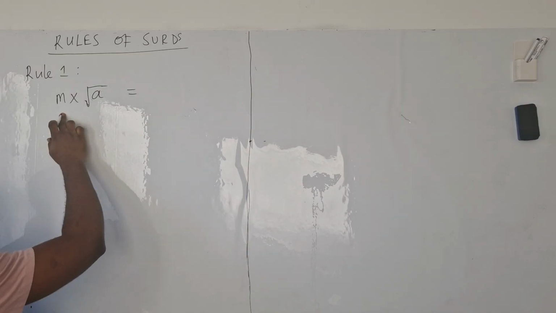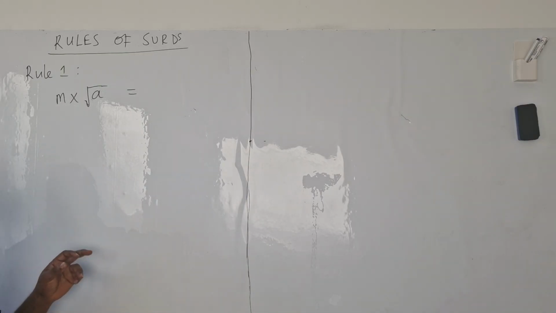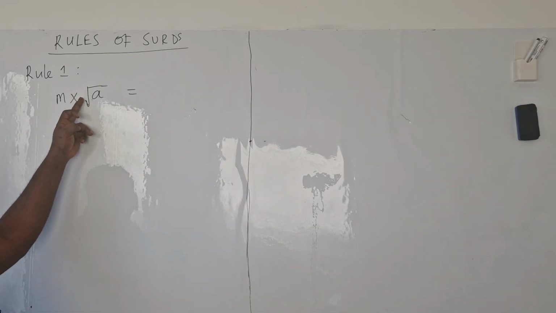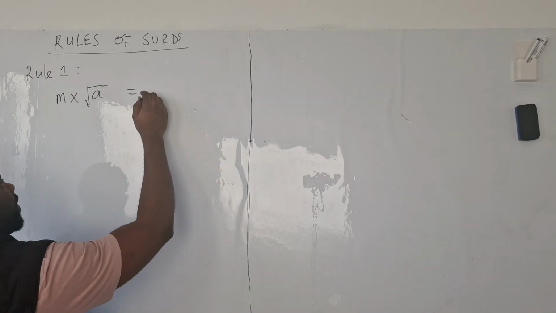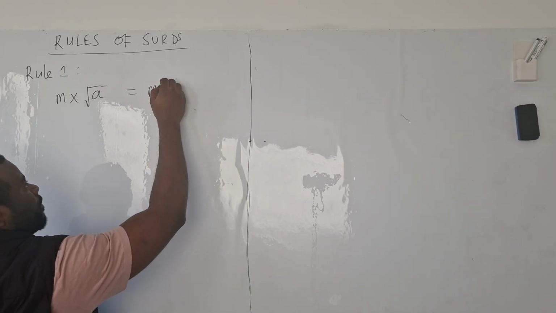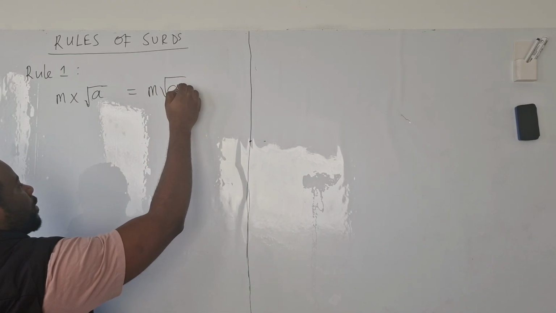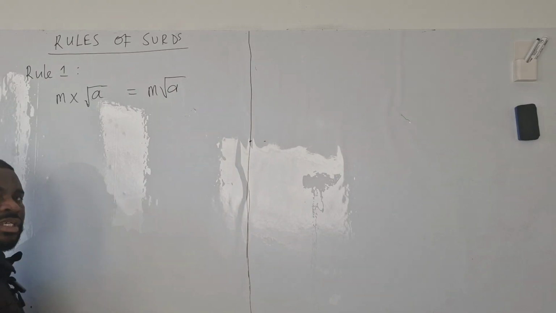The number is going to multiply the coefficient of the surd, that is the number in front of the surd, not the one inside the root. So m times root a is going to give us m root a. For example,